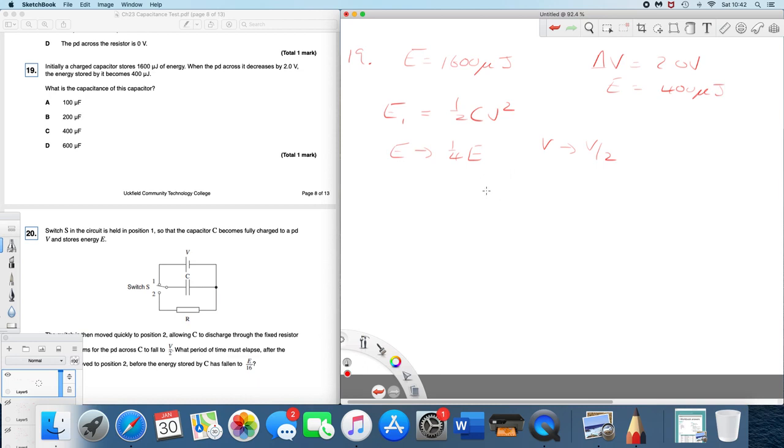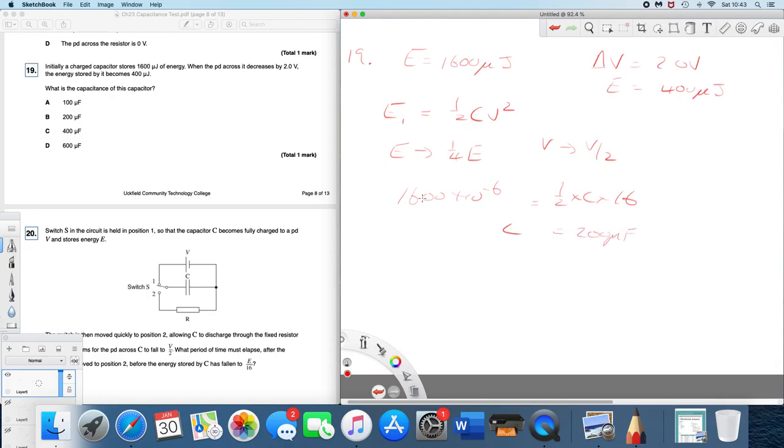So we know a drop of 2 volts is a drop of 50%, and so V is 4 volts. So you can then work out the capacitance. 1600 times 10 to the minus 6 equals a half by C by 4 squared, which is 16, gives you C to be 200